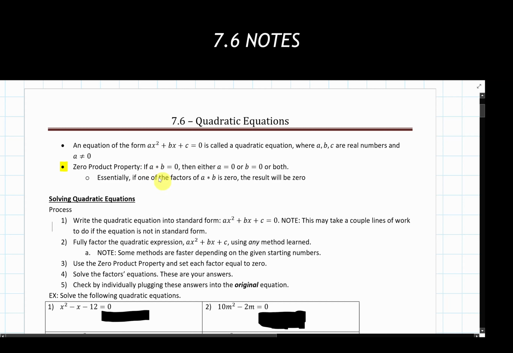So we're going to be using that later on when we fully factor everything out to basically break these things down into two things multiplying together, or maybe in some instances, three things multiplying together, or four, or however many are listed in there. But if everything is multiplying together, and the result is 0, then that means one of those things that's multiplying together has to be equal to 0 as well. The whole thing is going to result in 0. So this is the background property that's taking place and allowing us to go through and have the process that we're going to go through here and get to our answer.